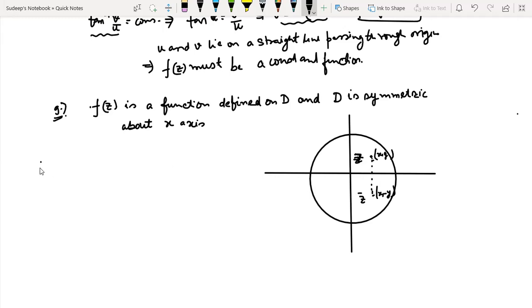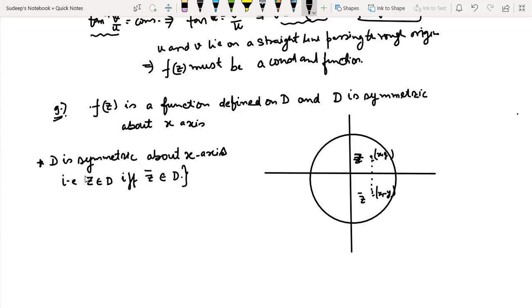So I'm writing it here. D symmetric means what? D is symmetric about x-axis, that is, z belongs to D if and only if z bar belongs to D. So if I'm saying that D is symmetric, it implies that if z belongs to D, then z bar also must belong to D. This is what I want to say when I say that D is symmetric about